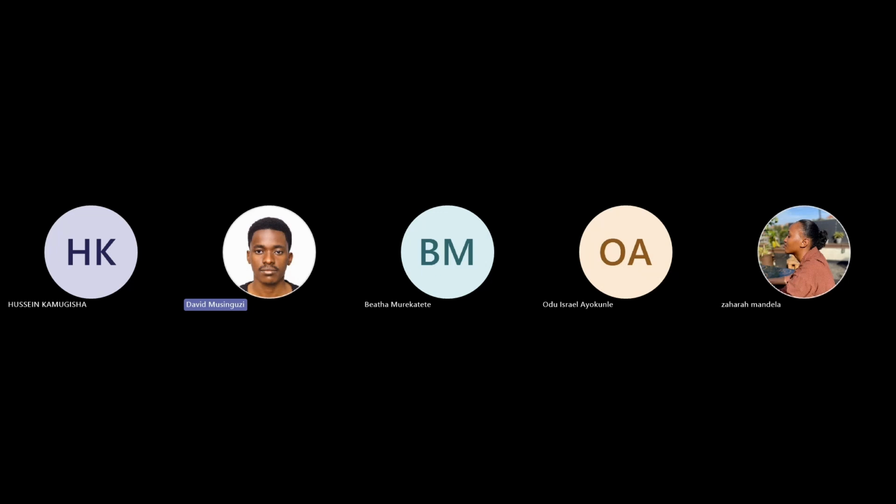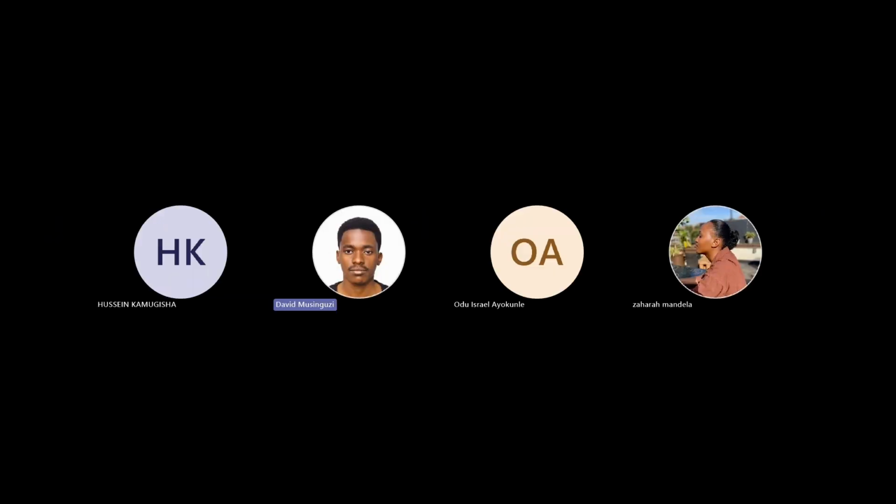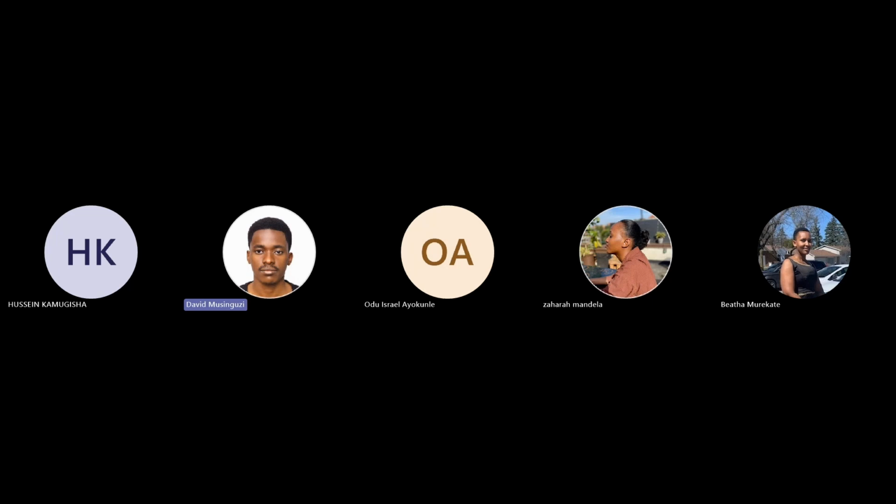This is the only way I can specify each device. Here I can easily say this is Beata, because I see her name, or I can say this is Hussein, this is Lucky, this is Zahara. The only way I can say that is because I know your names. That's what identifies you. So it's the same thing with IP addresses. Once an IP address is allocated to a specific device, that's how the device is identified easily. So the reason there is IP address allocation is so that every device has its specific location.